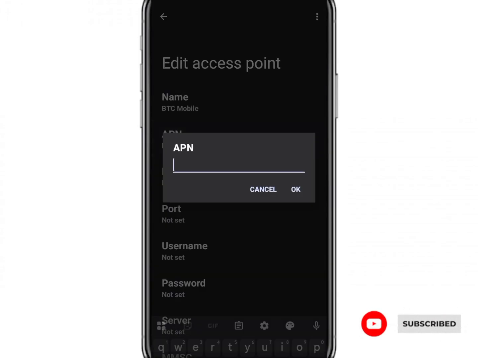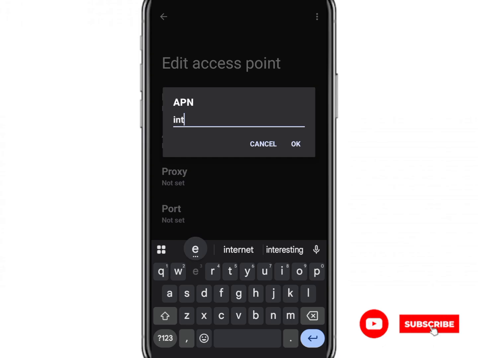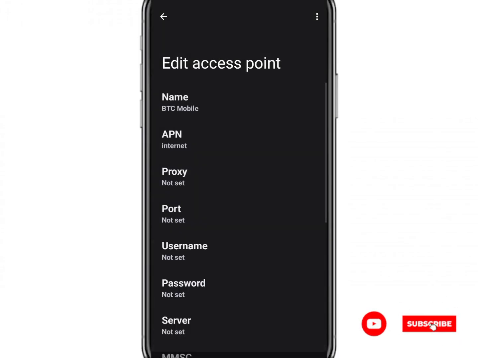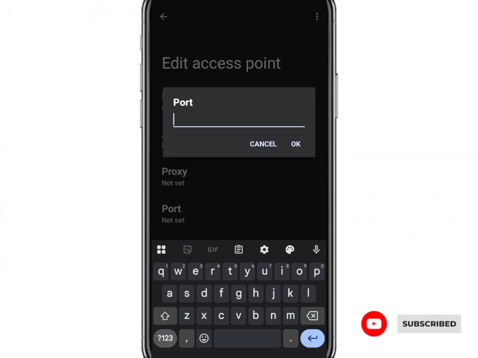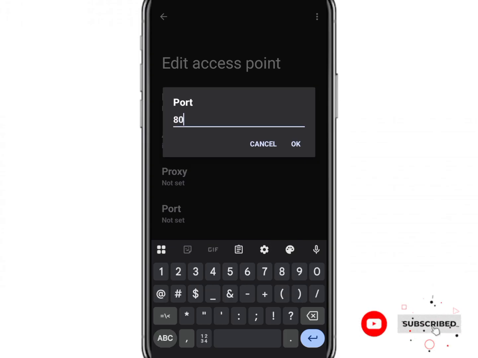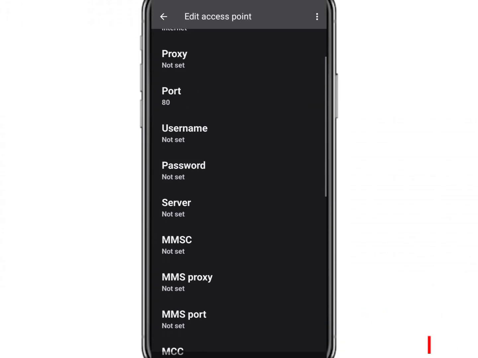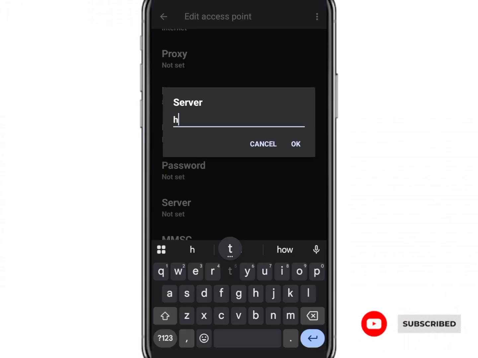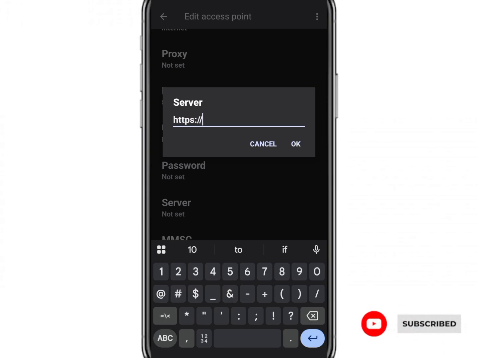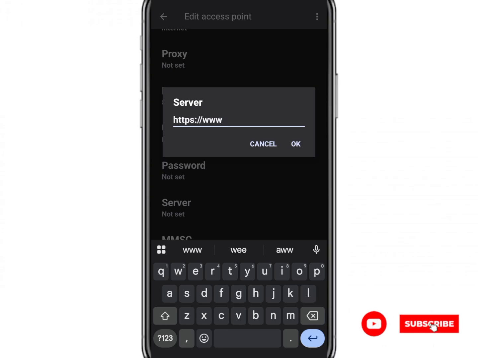And then the APN, you're going to use internet. The proxy, don't set it, the port set it to 8. Don't set the username, the password, don't set it. The server, you're going to use https://www.google.com,